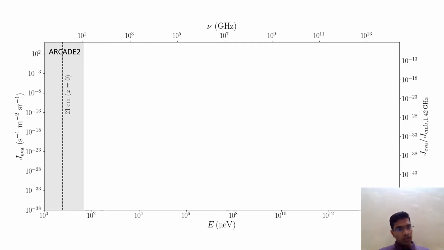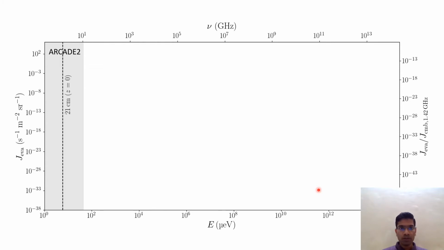So in this figure, the y-axis shows the specific intensity in log scale, and the x-axis is the energy, again in log scale. Also, there is a secondary y-axis which shows the specific intensity related to the CMB. So from these numbers, we can clearly see that the radio emission is going to be very small from the